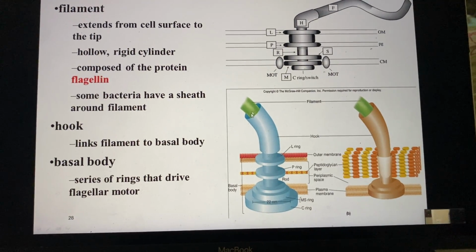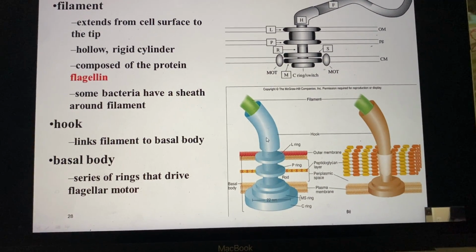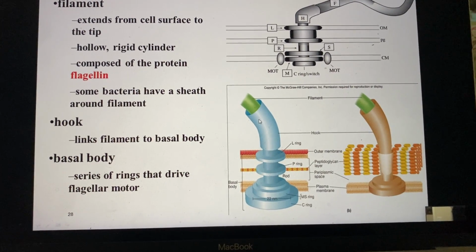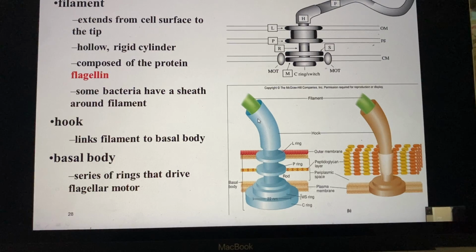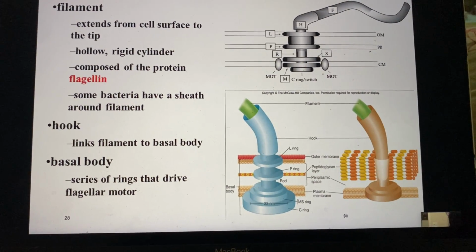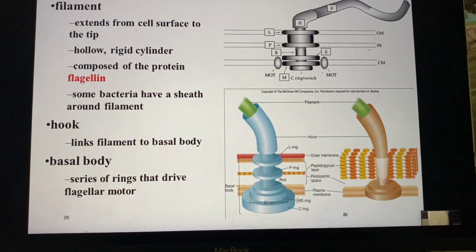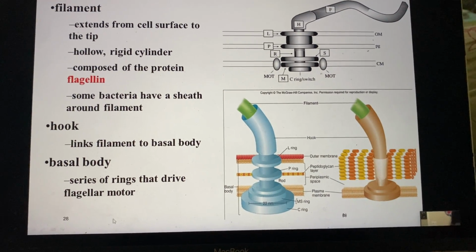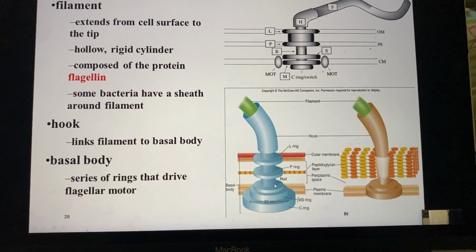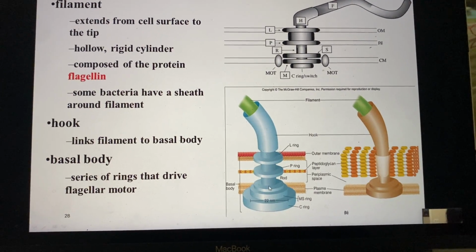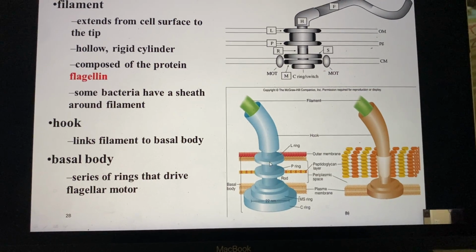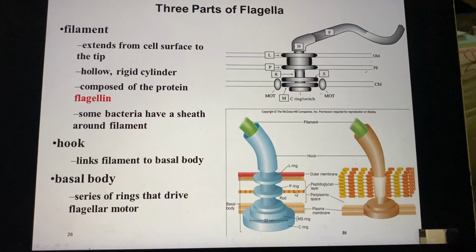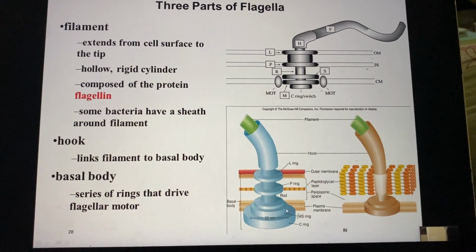So this is what is depicted in this figure as the basal body, in which the filament is attached into it. The hook is almost like a cup-like structure in which the filament is attached, and the hook is the one that will allow the rotation of the flagella, because the hook is then attached to what is called the basal body, and the basal body is composed of a lot of rings which are attached in different layers of the outer membrane, the peptidoglycan, and into the plasma membrane.